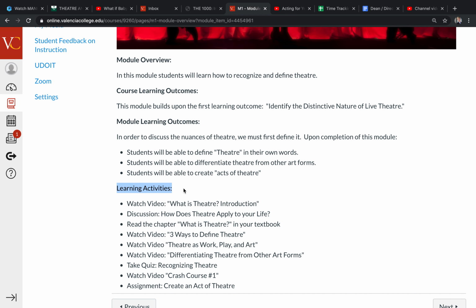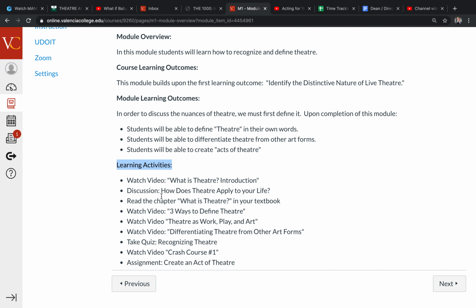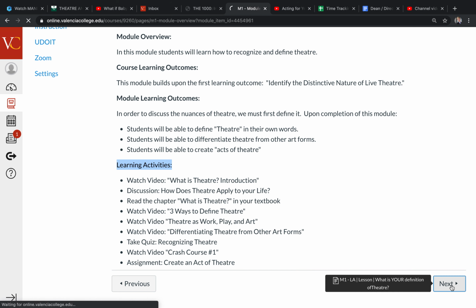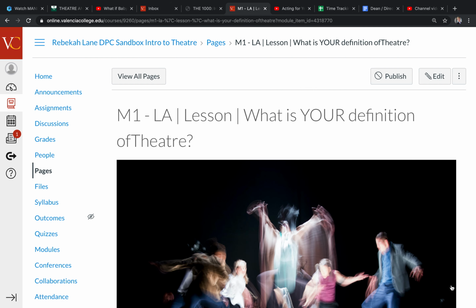And then we've got the learning activities. So we're really just listing out what are the pages and activities that you're going to see in this module. And so if I click next, it's going to take me sequentially through this lesson. So kind of like I just sat through a lecture, if I can just click next, next, next. And the hope is that sequentially each of these pages builds us up so that we can complete the task at the end.